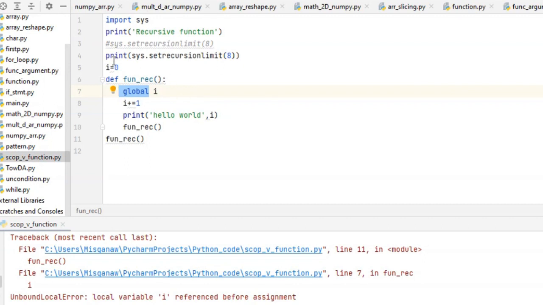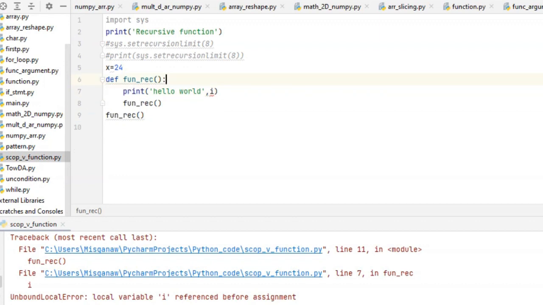Another example, let me comment this out. For example, x is equal to 24. Here, I pass x, and now print the value of x.